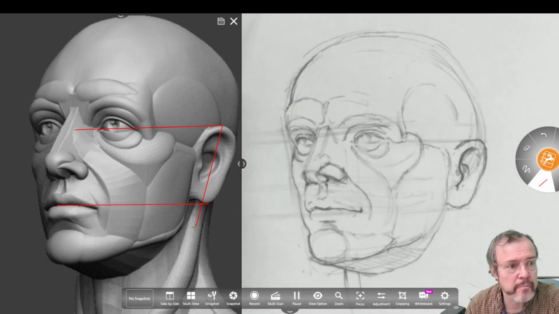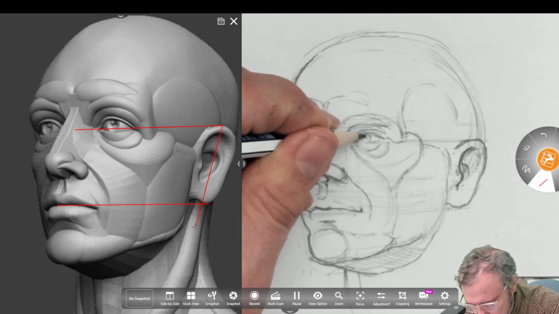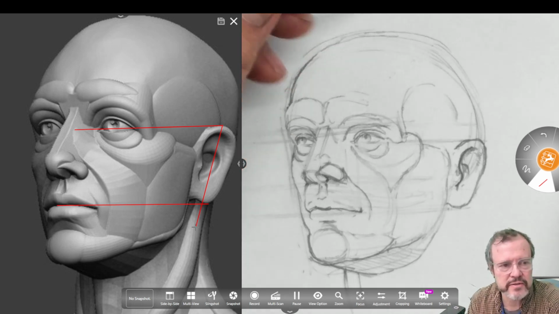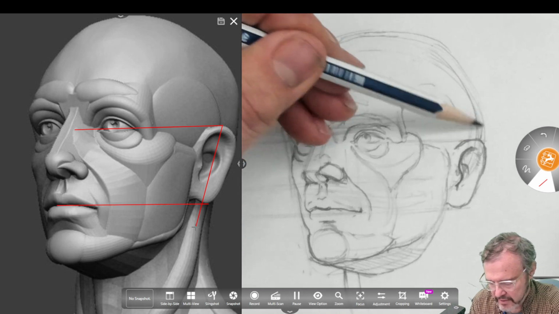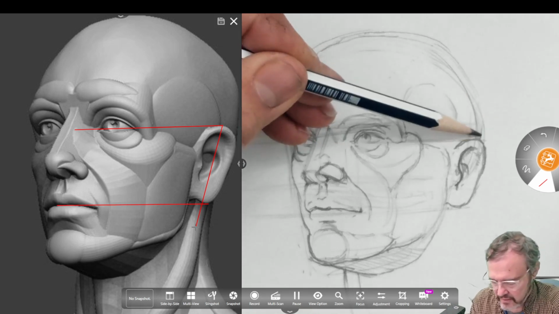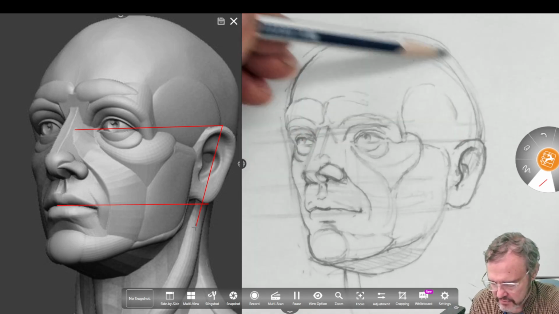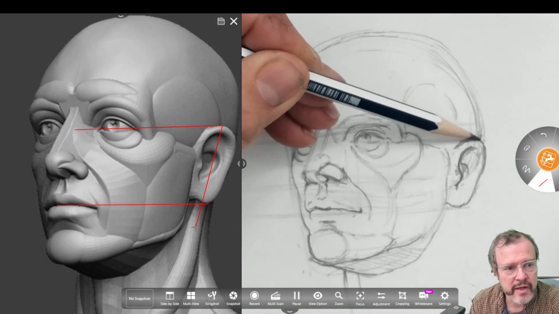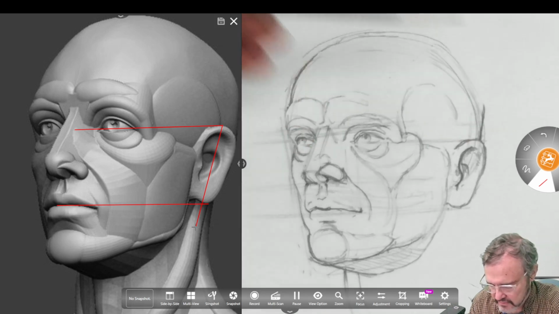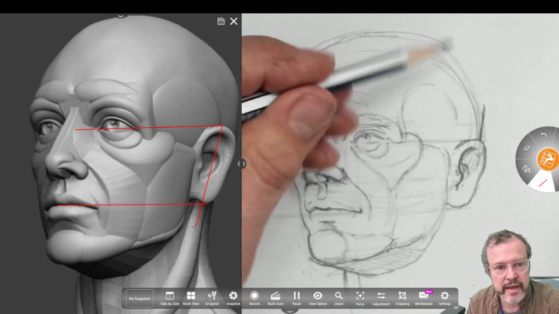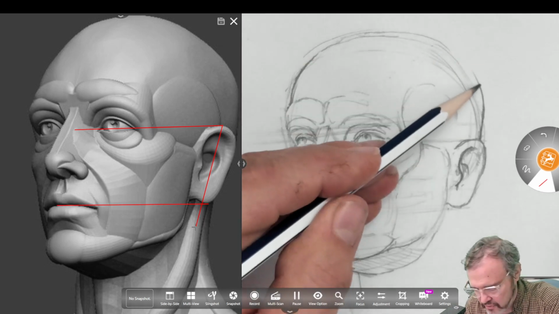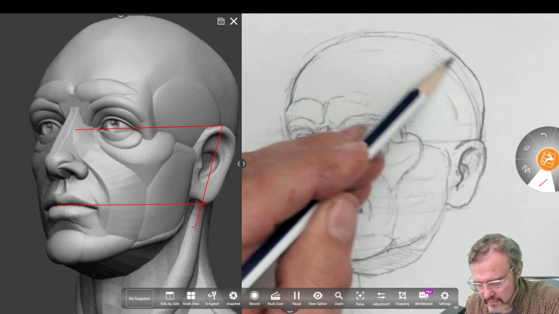I'm going to take another pause in a second, but I want to make some corrections on my cranium now to get a little more detail. I'm noticing that, you see how I just simplified this into an inward curve, but from behind the ear, the cranium goes back a few degrees, which again is due to the angle of the head, and then it takes a slightly sharper turn